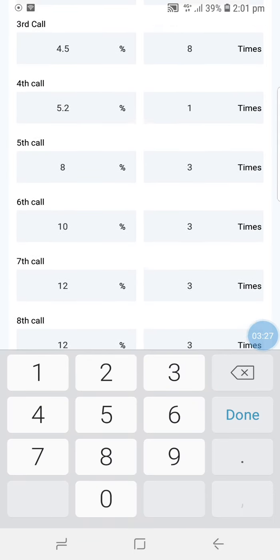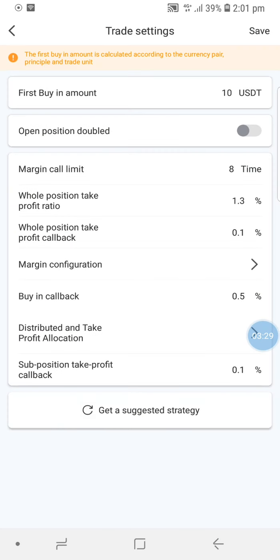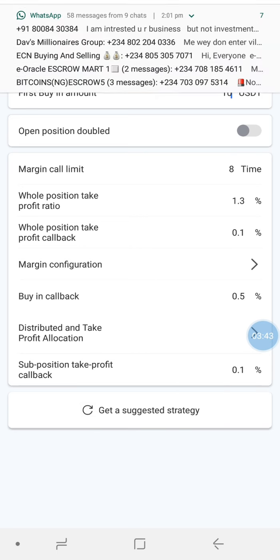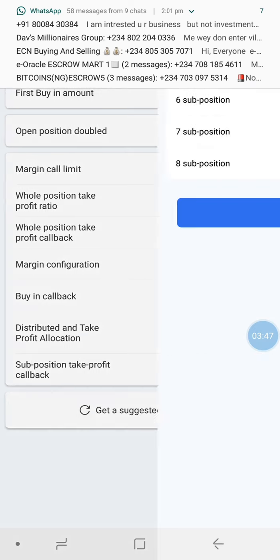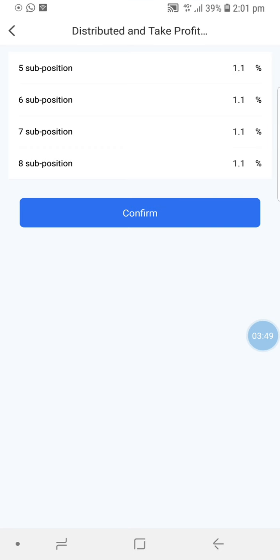So it's going to multiply the first buy-in amount, which is $10. I mean, if the coin dips by 4.5%, it's going to multiply $10 times 8, which is $80, to buy in that position. So please pay attention to this. Your buy-in callback is going to be 0.5, and then your distributed take profit allocation, set it at 1.3, 1.3, 1.3. Okay, so your distributed take profit allocation has to be at 1.3,